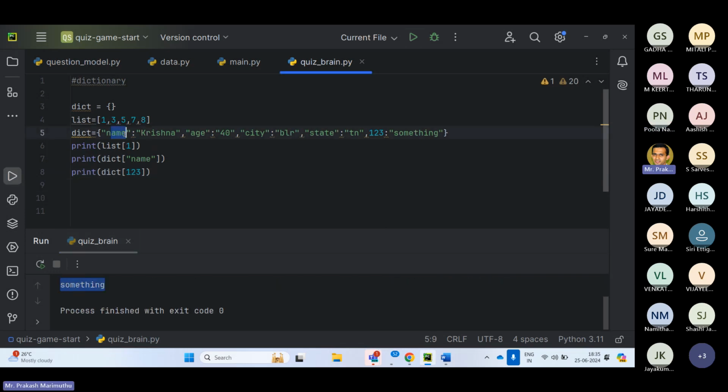So there is a key and there's a value. To get the value corresponding to the key, you have to say dict of key. So these are all strings here, but this is an integer. And you can iterate through the dictionary. You can add, for example,